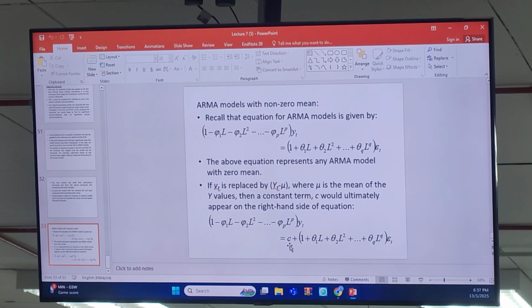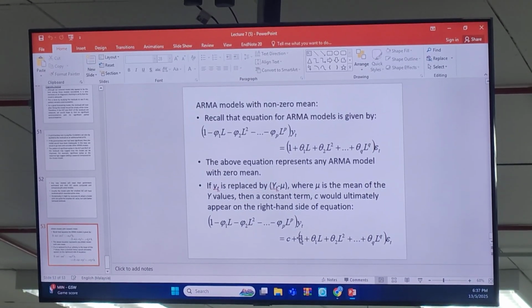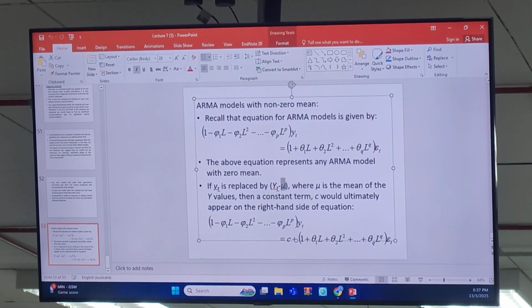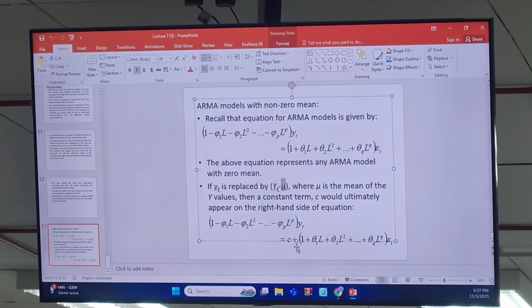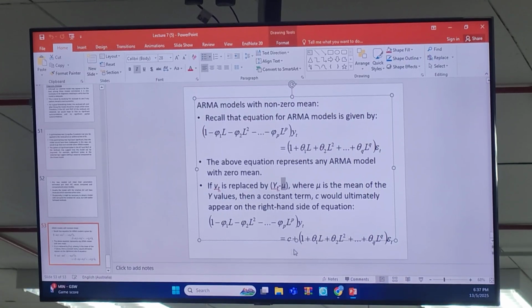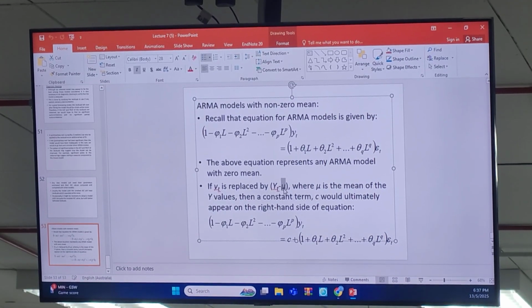in this equation, C represents the constant. Okay, the constant is not necessarily equal to mu, but C in EViews gives us the estimate for mu. Remember, when we put C in EViews, that C gives us the estimate for the mean, mu, not for the constant. C in EViews gives us the estimate for the mean. So the constant is not necessarily equal to this one. Later you get an example